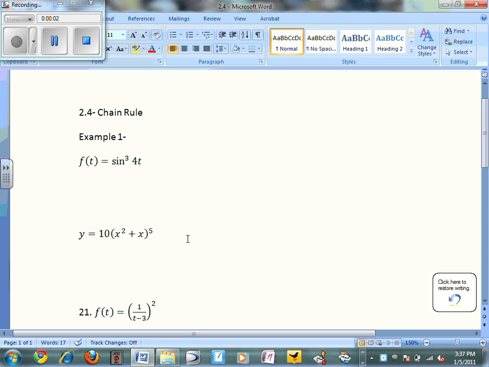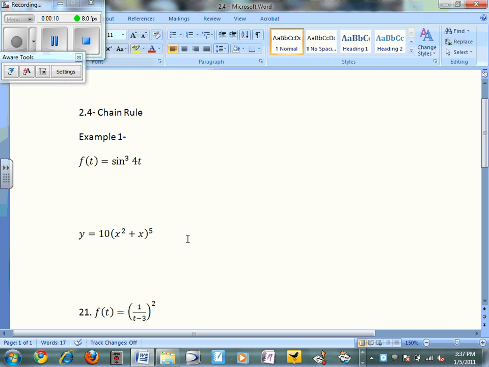Alright, we're going to do some more examples of the chain rule here. I just thought you'd like to see some more examples. There's really only one good way of learning how to do the chain rule, and that's just doing a bunch of examples of it. We're going to take the derivative of sine 4t to the third power, and remember from